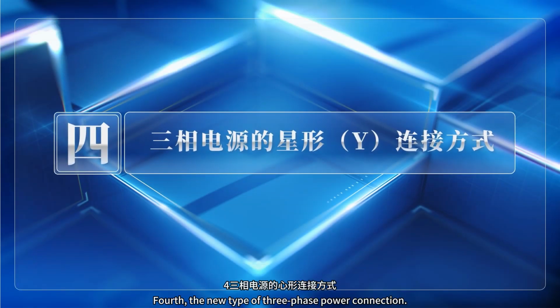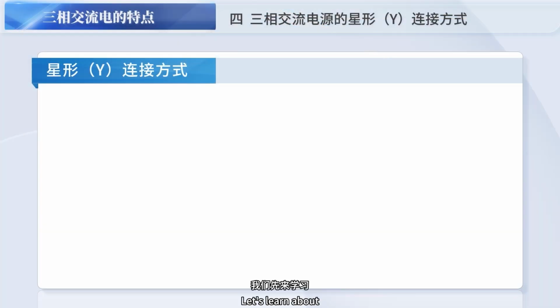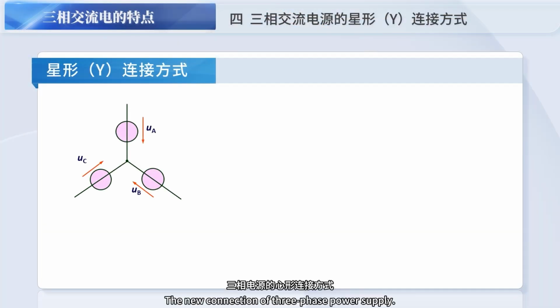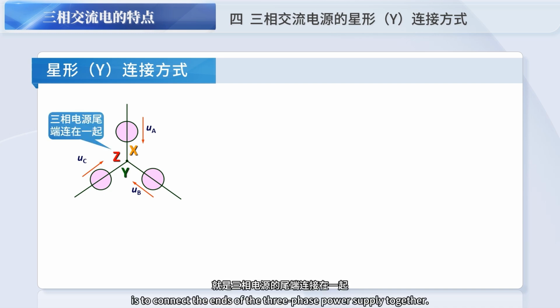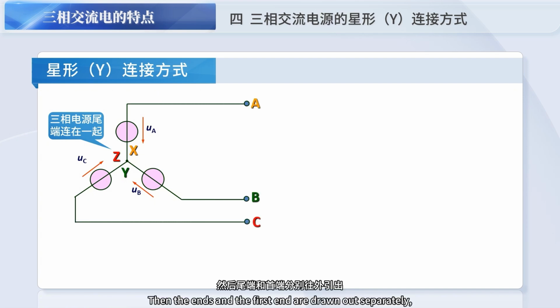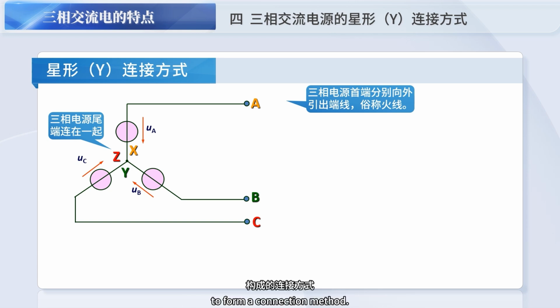Fourth, the star connection of three-phase power. Let's learn about the star connection of three-phase power supply. Star connection is to connect the tail ends of the three-phase power supply together. Then the tail-end connection point and the three head ends are drawn out separately to form a connection method. Among them, the three-phase power supply's head terminals are drawn out,